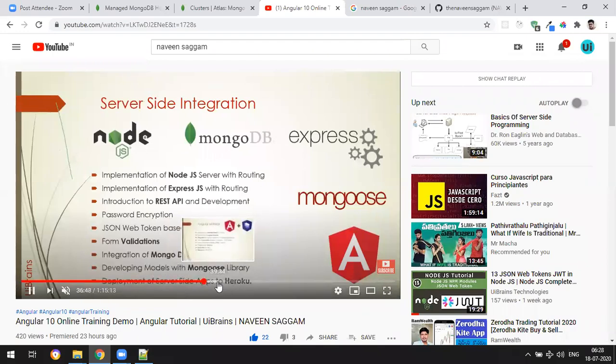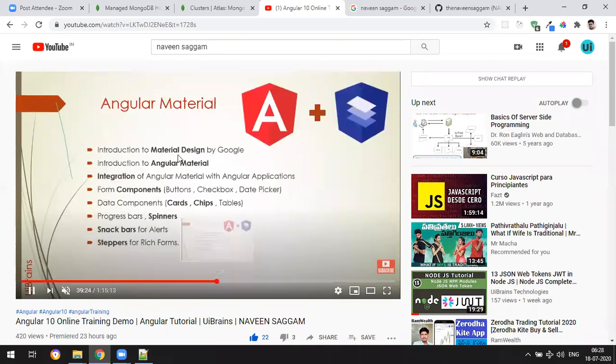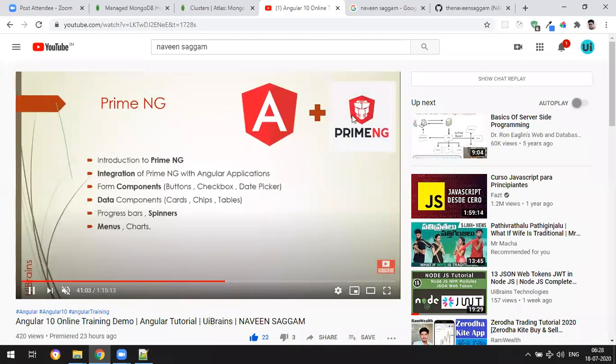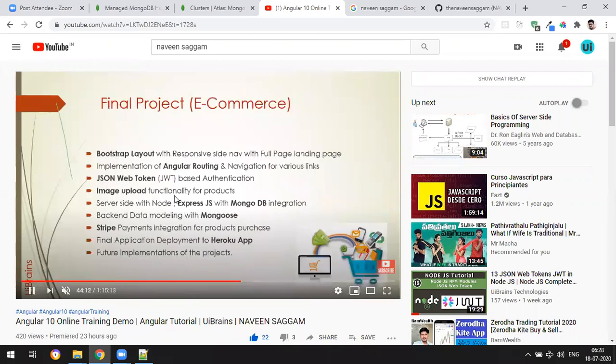Then we start with Angular Material, and after that we learn Prime NG. These both are just like Bootstrap, but more rich components are there. Then we'll see the e-commerce project, and here is the Bootstrap layout.